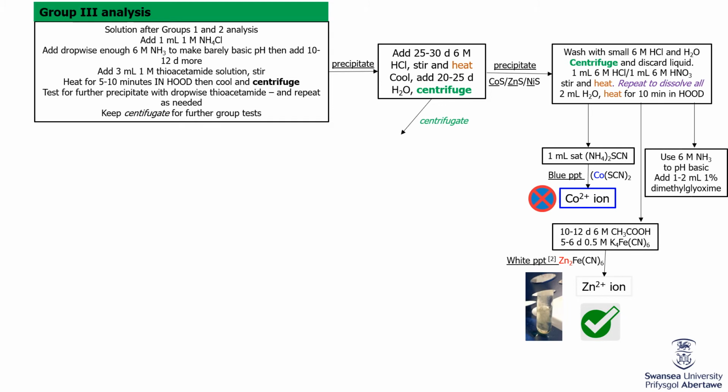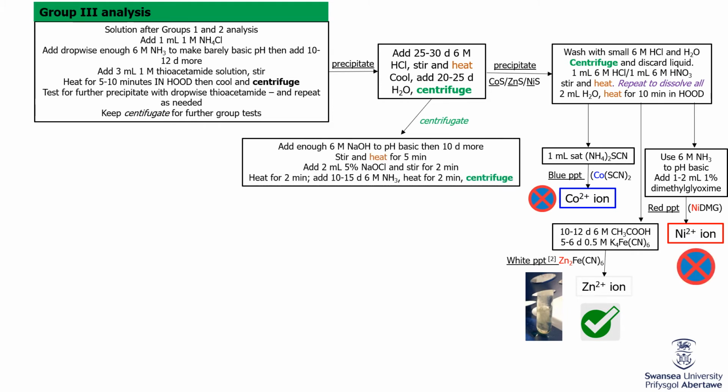And if you treat it with a basic solution, it could form a red precipitate if there were any nickel 2 plus ions present, but in this case there wasn't. So if we go back to our previous step and use the remainder of the centrifugate and add enough basic solution and then 10 more drops, stir and heat for 5 minutes, we could